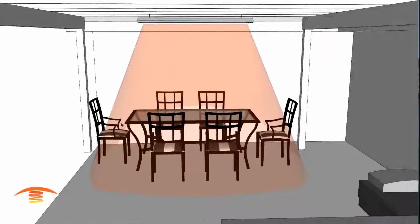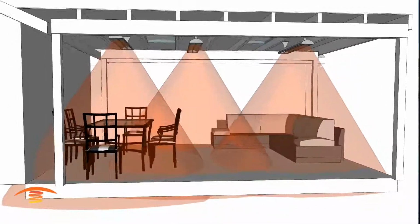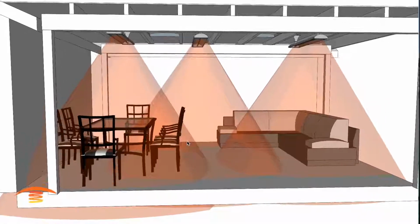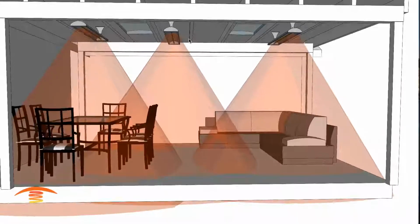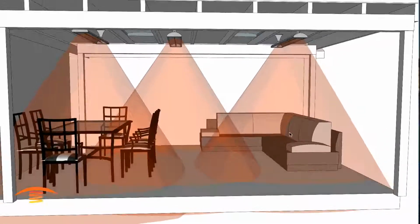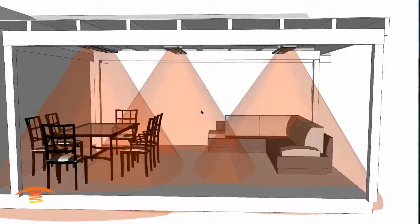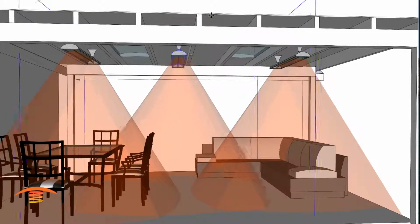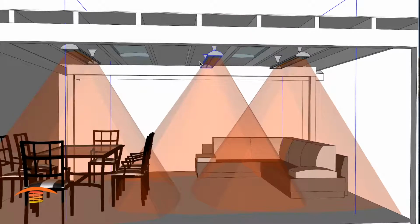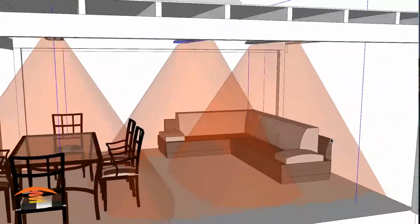So this is just one idea, and let's go ahead and put the other two back on here. And you can see I got some double coverage here, some heavy double coverage. So do we want to make it more heavily on the right side than on the left, or how would that best suit this customer? So it's a decision that the customer is going to have to make. But if I was to move this over, you can see now that my ray is more concentrated on this side here,